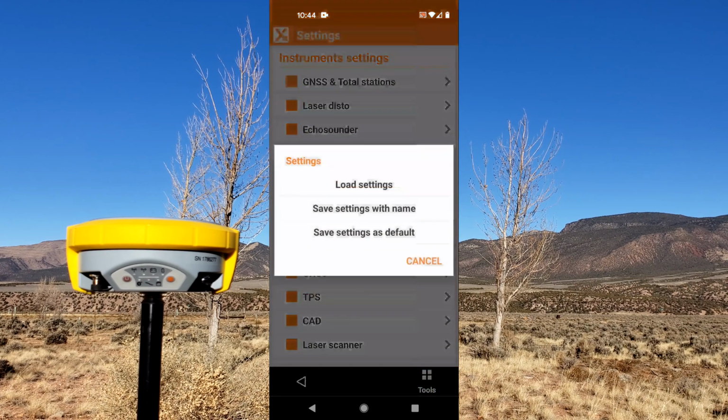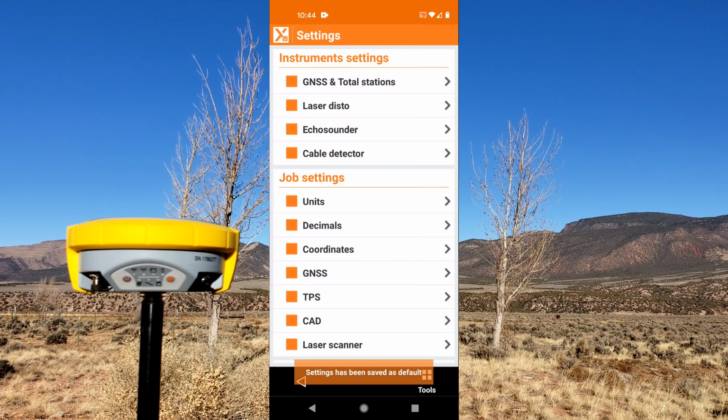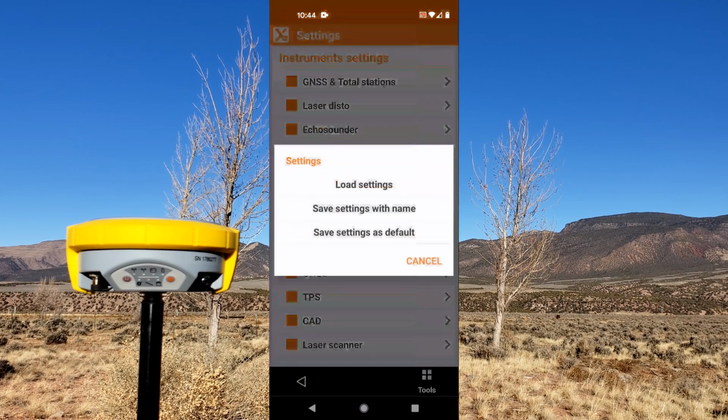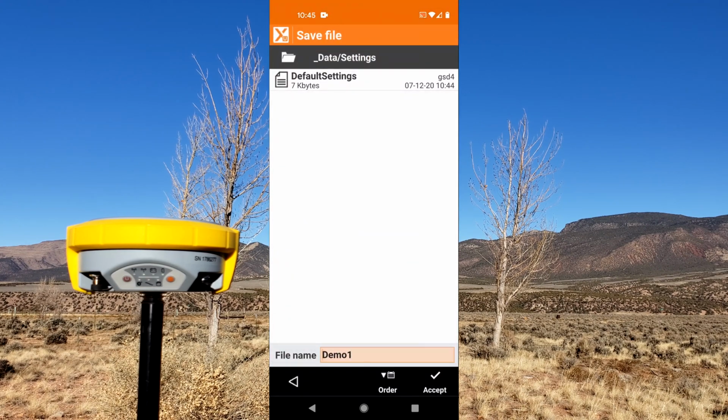So again, we can go to Tools and we can save our settings as a default. So the next job that we start will have the same values. Go to Tools and let's name a setting here. Let's call it